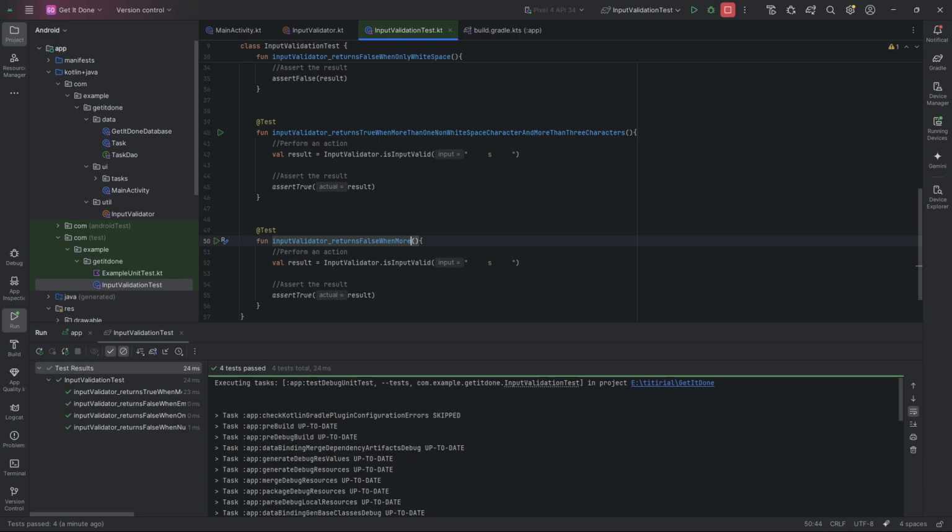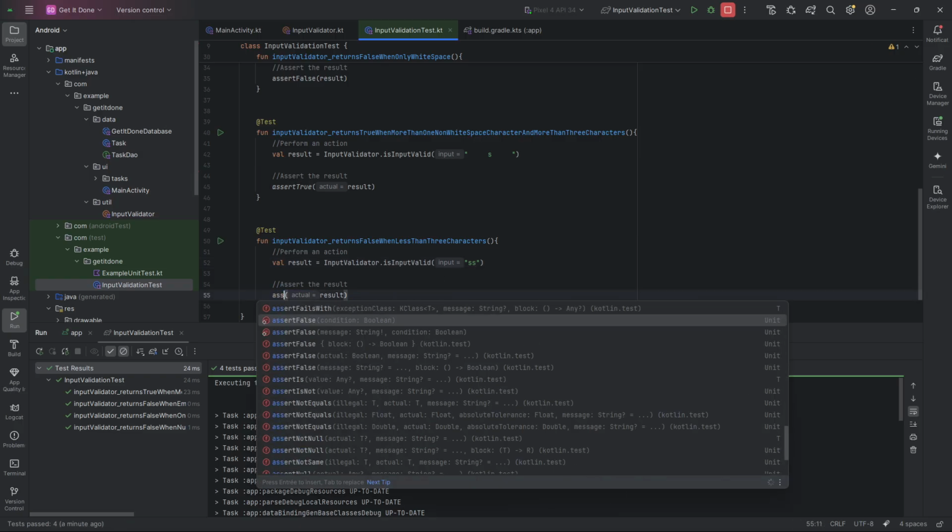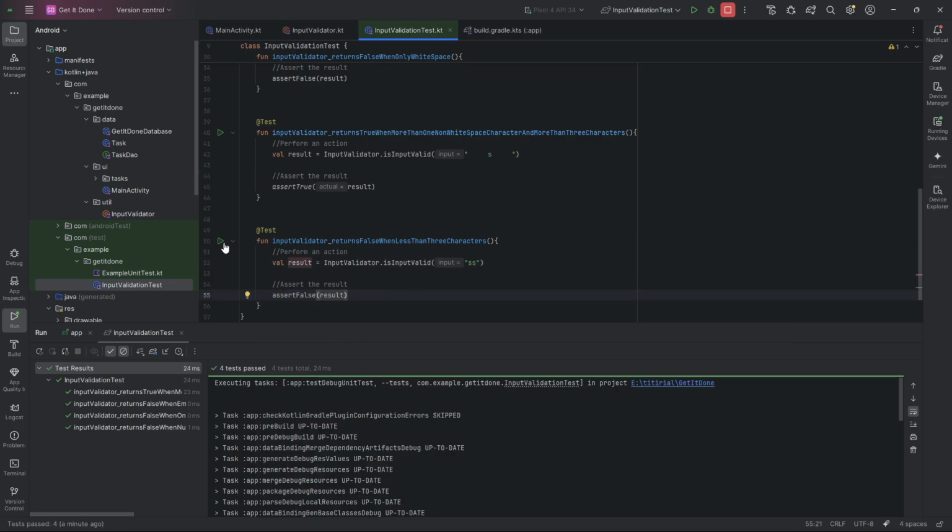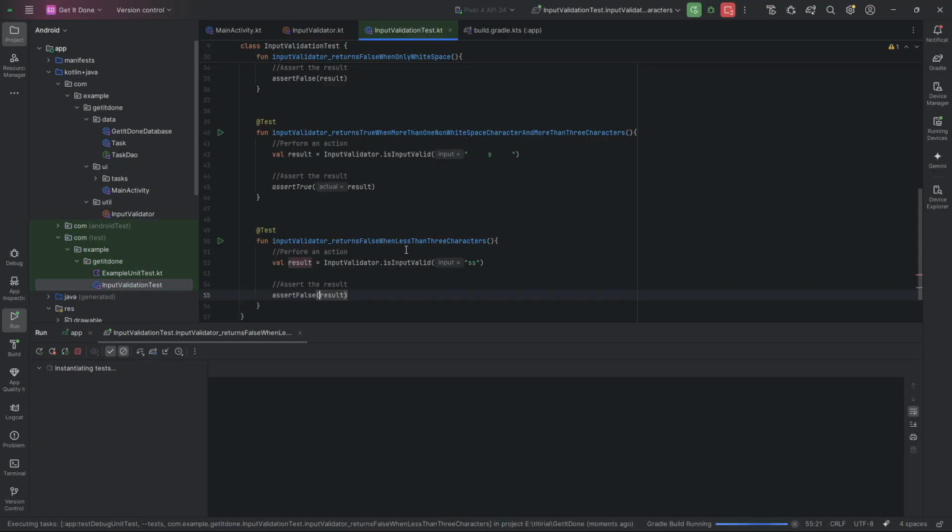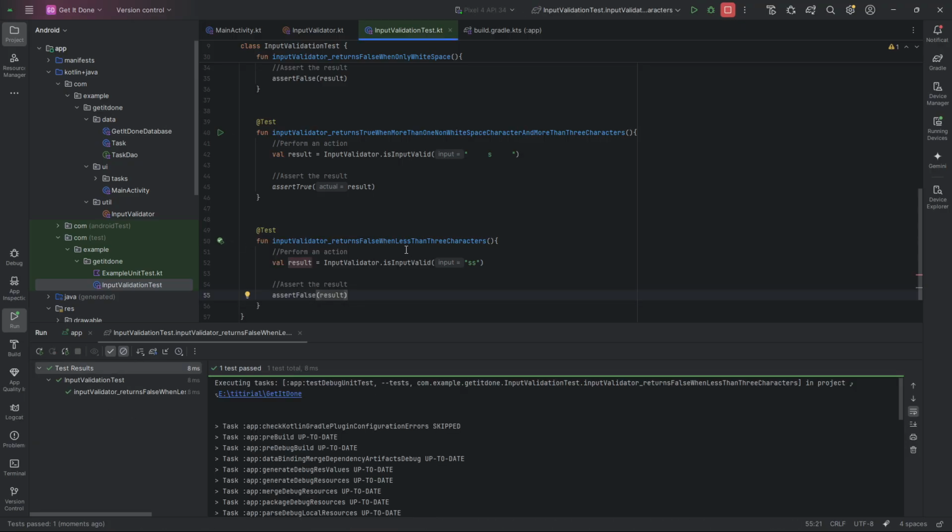Let's say another engineer comes and changes that to actually just removing the length check. Well, now if we run these tests again, one of the tests has failed, and I can see here the input validator should have returned false when only one non-white space character, but it actually returned true. So one character would be valid there. So it gives us protection against the behavior changing, going backwards, regressing. So I'll undo that. We want it to be more than one character. I can run the whole test class again,